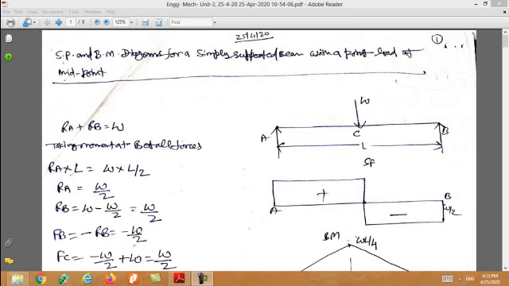So what are shear force and bending moment? You know, the shear force at the cross section of a beam may be defined as the unbalanced vertical force to the right or left of the section, and its unit is newtons. And the bending moment at the cross section of a beam may be defined as the algebraic sum of the moments of the forces to the right or left of the section.